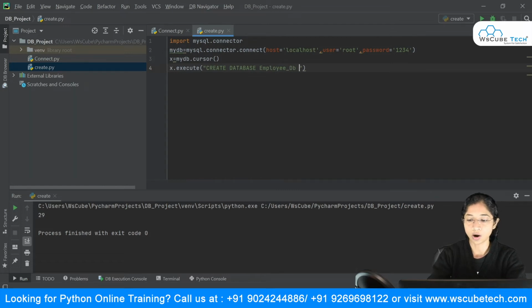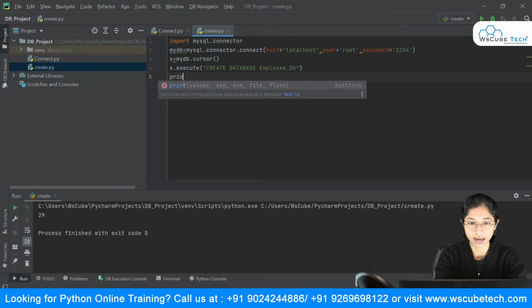This is the query language that I have written inside my execute command, and I am telling Python that I want to execute this command, that is create database and the name of the database, and the name of our database is employee_db. That's it. And we can even print the statement that